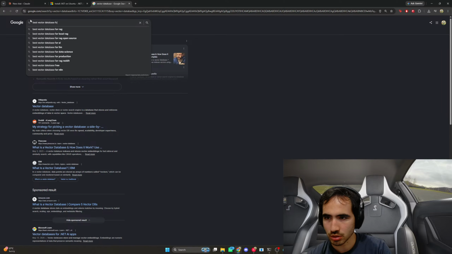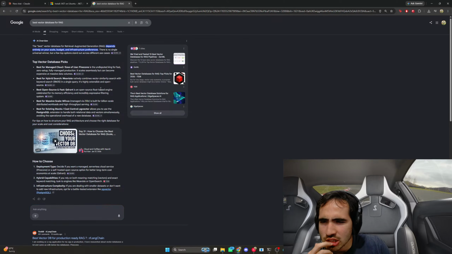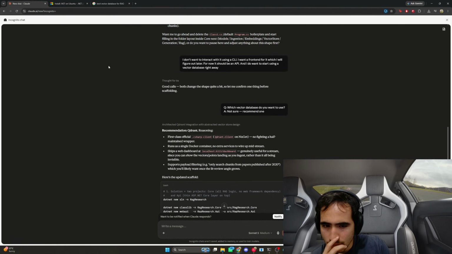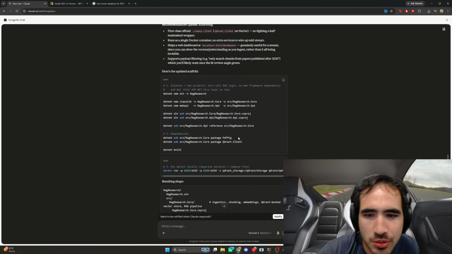Fast vector database for RAG. Qdrant. Okay, so it recommends Qdrant.